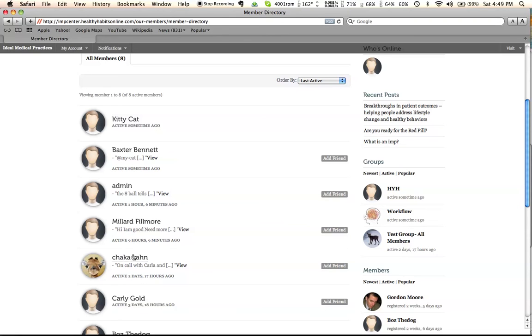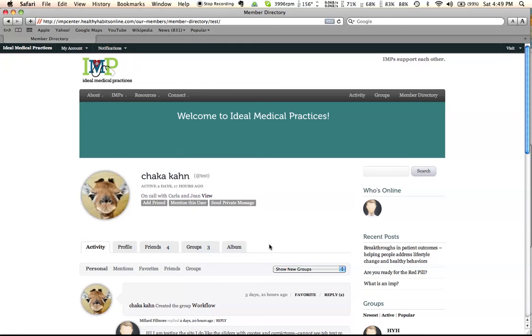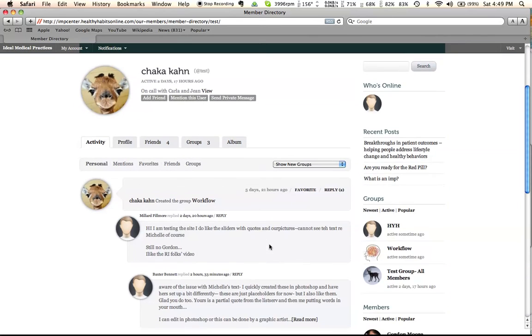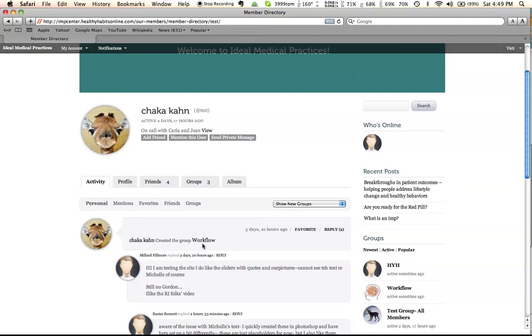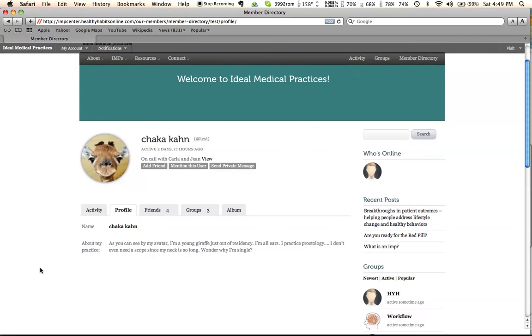You can look at a profile by clicking on their avatar or their username, and that will take you to information about them. First of all, it takes you to, I guess, all their information regarding their interactions on the activity page, but then you can click on their profile and we can link different fields to the profile page. Right now I just have their name and about my practice. You can look to see who their friends are if we keep that turned on. You can look to see what groups they're